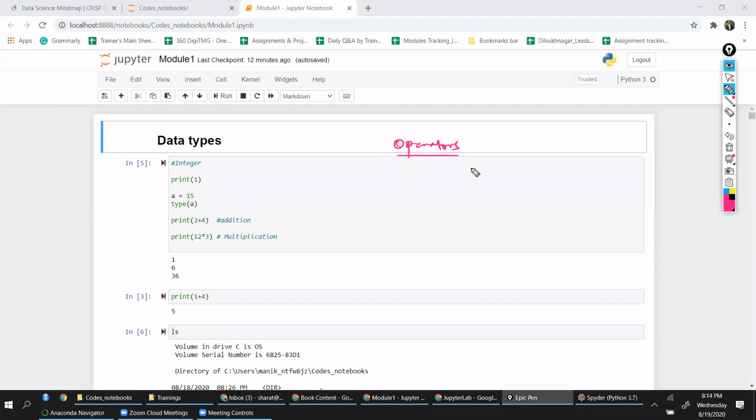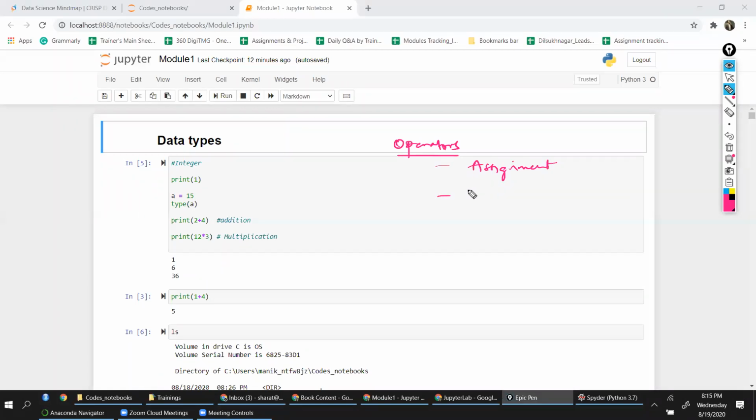Here we will have to look at the assignment operator, which is basically your equal to symbol. And of course, we'll also have different types of assignments, plus equal to, minus equal to, multiplied equal to. So those things can also be there in the assignment operator.